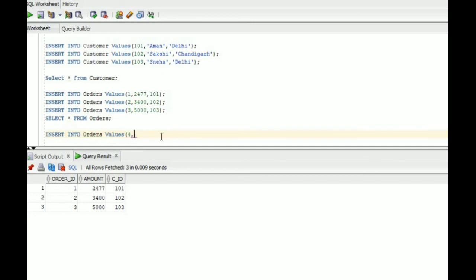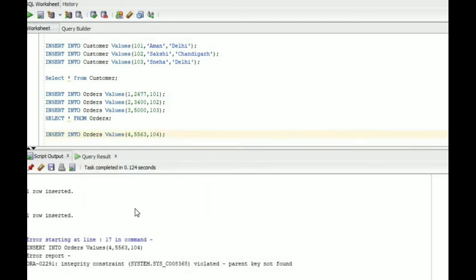Again, I am inserting another row into the orders table. You can see whether 104 is available in the customer table or not. It is not. I am inserting the value 104 in CID. Now we will see what happens. You can see there is an error: integrity constraint violated, parent key not found.